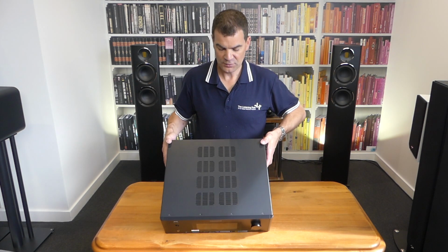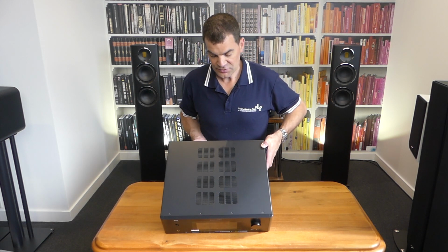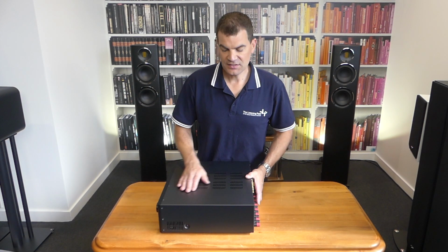Rocking it forward, we have a look at the ventilation. It's very well ventilated. It's got little perforations obviously in the grill, and then smaller ones beneath to ensure that dust doesn't settle into places it shouldn't. It's relatively deep, but again,